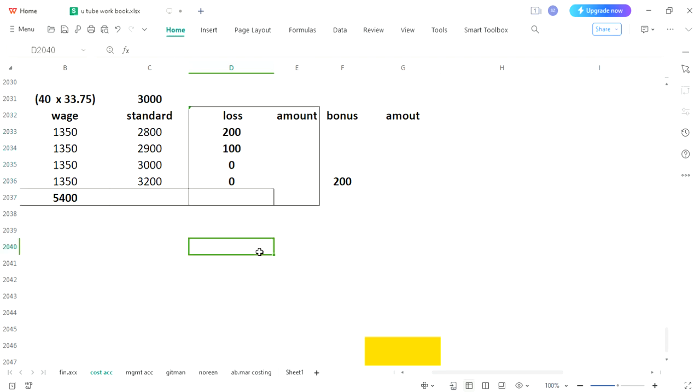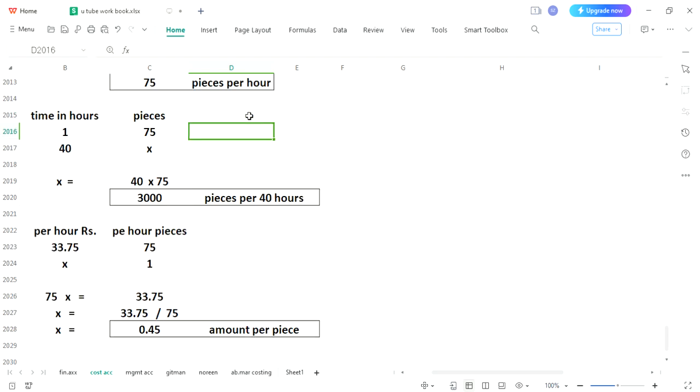This is very simple. The loss which has been described is in terms of units, and per unit we have calculated. This is so important. Now you can understand why we have set these three standards. As you can see, it was already decided, per piece rate is 0.45,